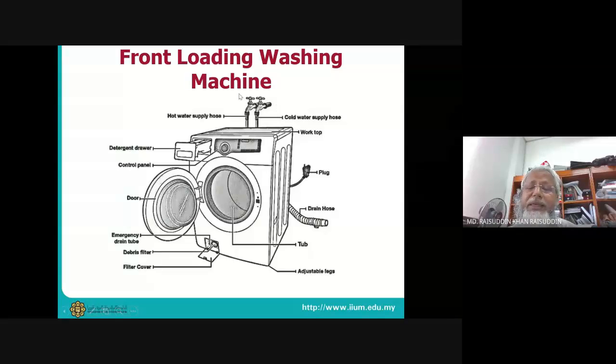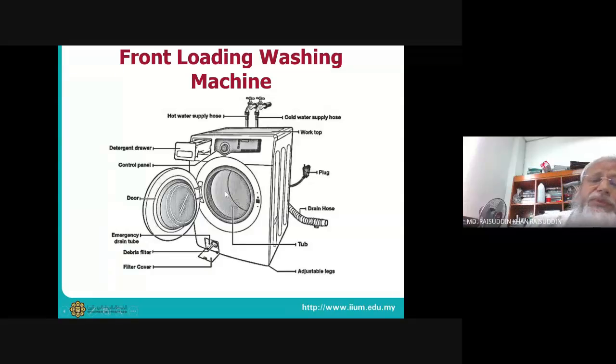Then you have it connected to the water mains, and then you have the controller deciding when to switch on the water to go in and go out. Then we have a heater inside. Then we have the motors to rotate the drum, all these things. So this is an example of a mechatronic device, and it is being controlled. You have the control panel, and it is controlled by a microcontroller.